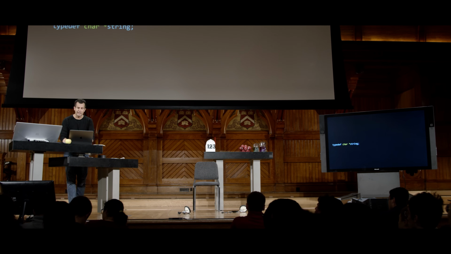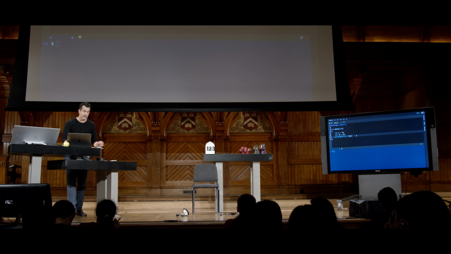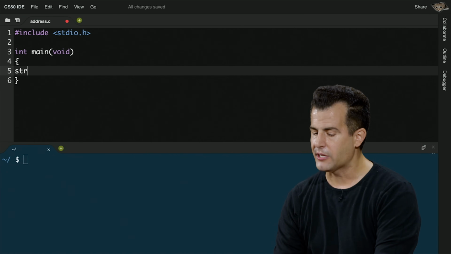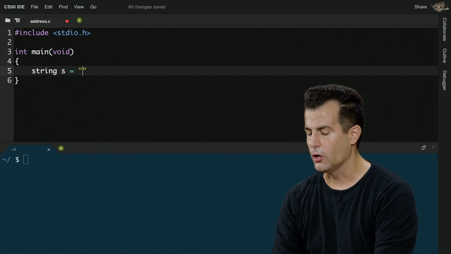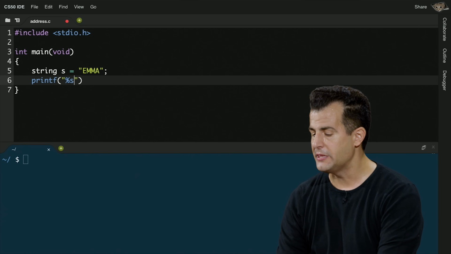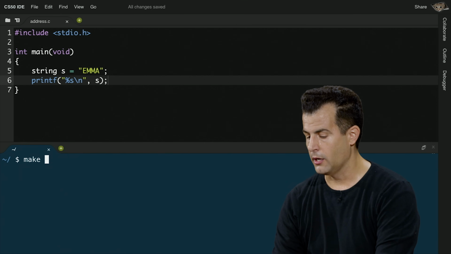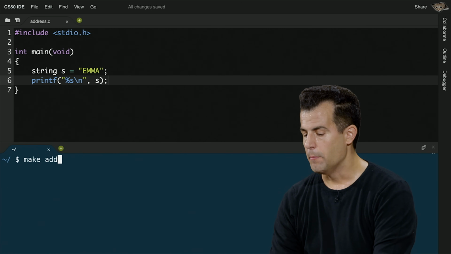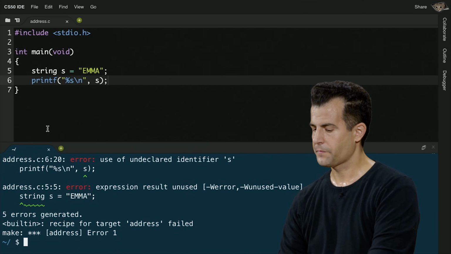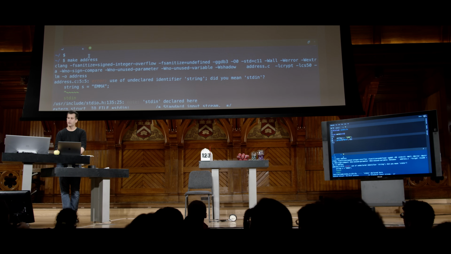So let's go ahead and experiment with this string just as we did a moment ago using Emma's name, now instead of an int. Let me erase those lines earlier and go back to week 1 style stuff where I just say string s equals quote unquote Emma. And then, of course, if I want to print this, I can simply say this as before. So just as a quick safety check, let me make address again. Whoops. What did I do wrong? Let me scroll up to the first of many, it seems, errors.